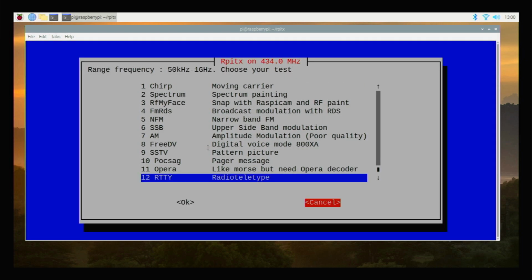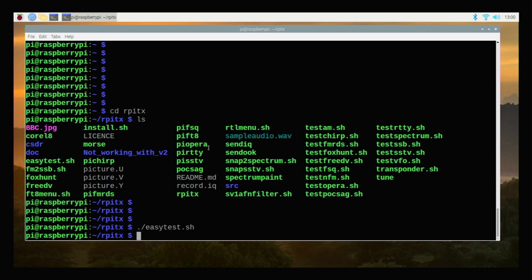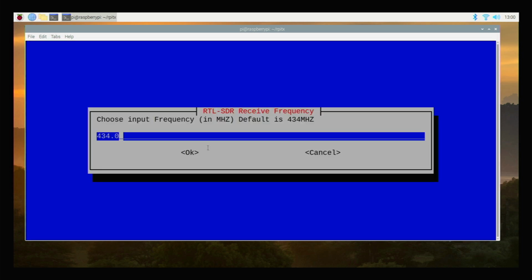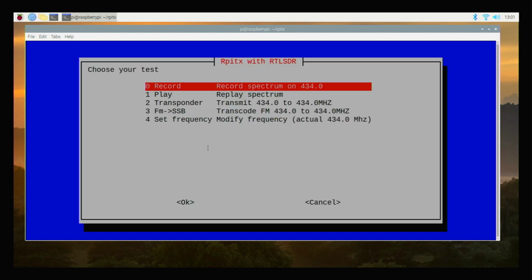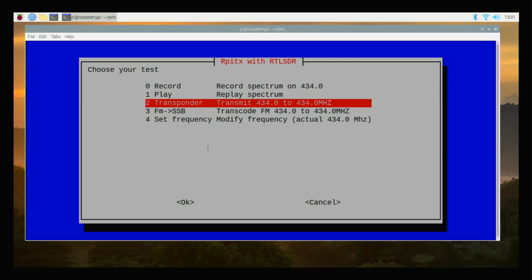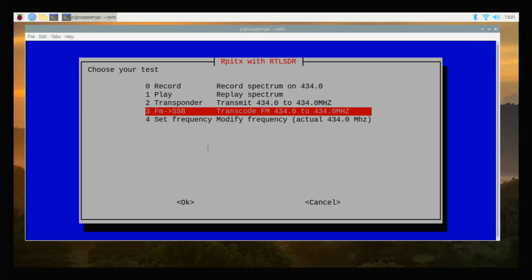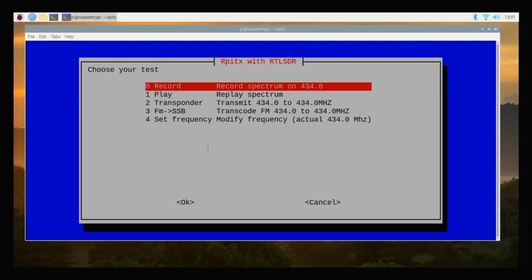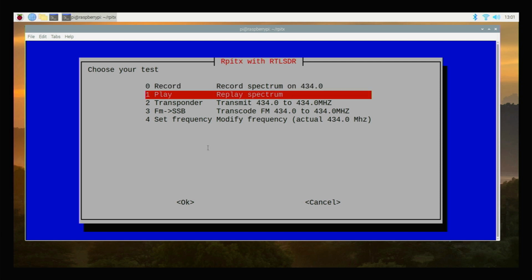And let's now go to the mode that you will be more frequently using. This one is the RTL menu. RTL menu is the receiving and transmission in one application. So first you set the receive frequency, then the gain, which should be maximum, and the transmission frequency. As you have seen in my other video, with this tool, with this script, you can duplicate or clone the car keys and or garage keys.